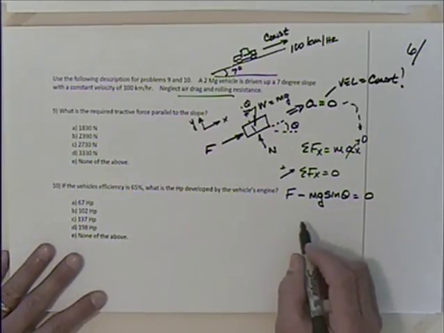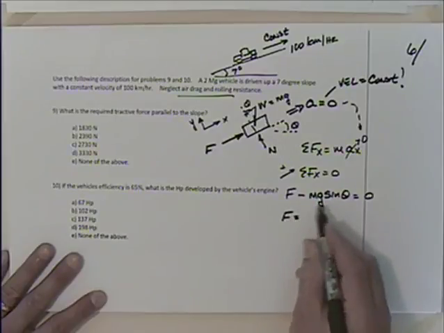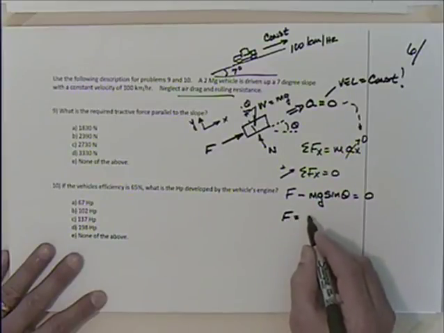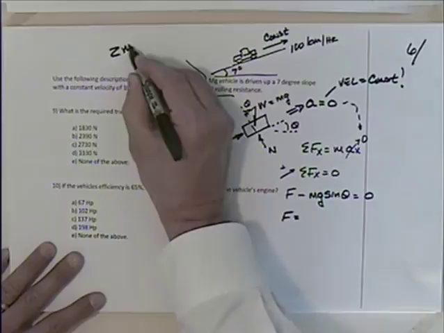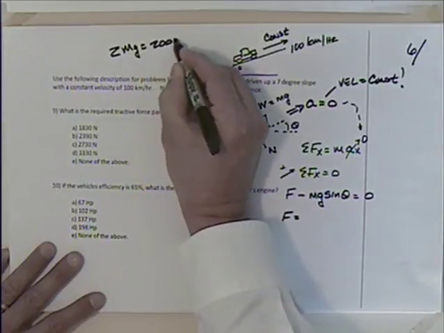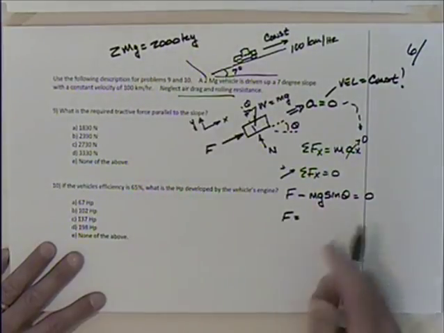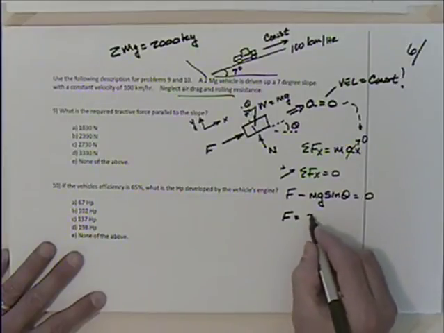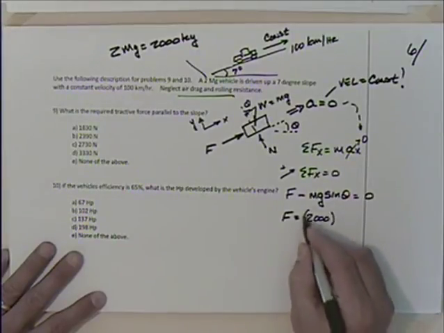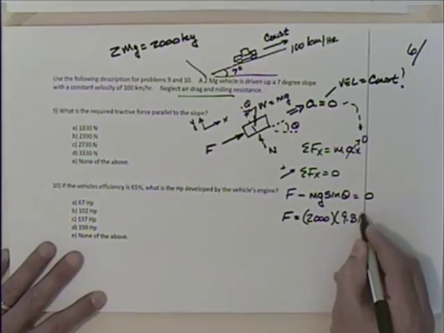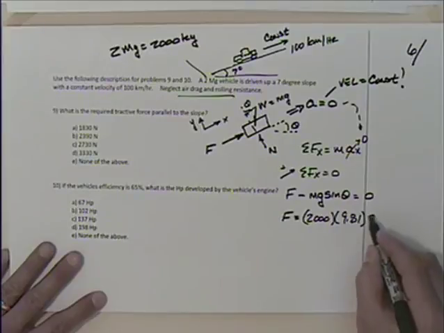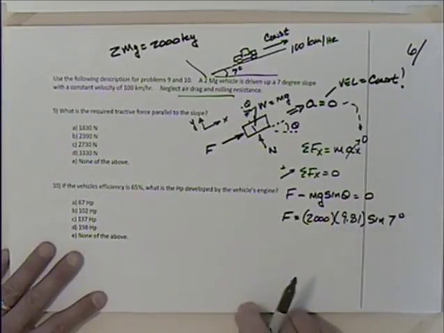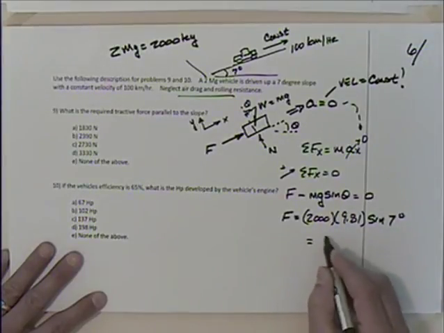So then I could say that F is equal to, moving this to the other side, mg, which is going to be equal to, what do we have, 2 megagrams. 2 megagrams is equal to 2,000 kilograms, isn't it? So I have 2,000 times 9.81. So there's the mass in kilograms, the acceleration of gravity, the sine then of 7 degrees. So this turns out to be